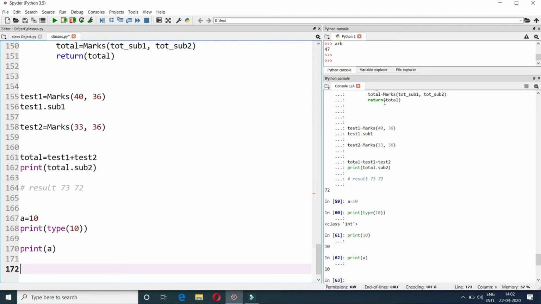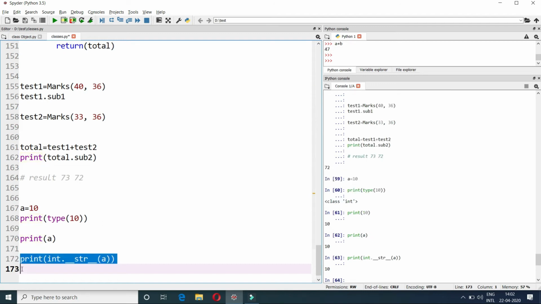That is, there is a magic method underscore str. So what happens when you try to print an integer object? It is first converted into a string. How does it happen? So this is class int, underscore str. You can see here it is str underscore and then you pass the integer object. So what this particular magic method does, it converts your integer value into a string and it prints it. Okay, so there is this particular method which is called behind.